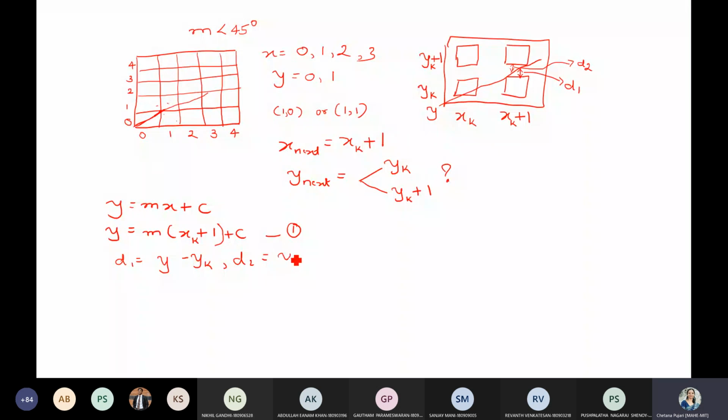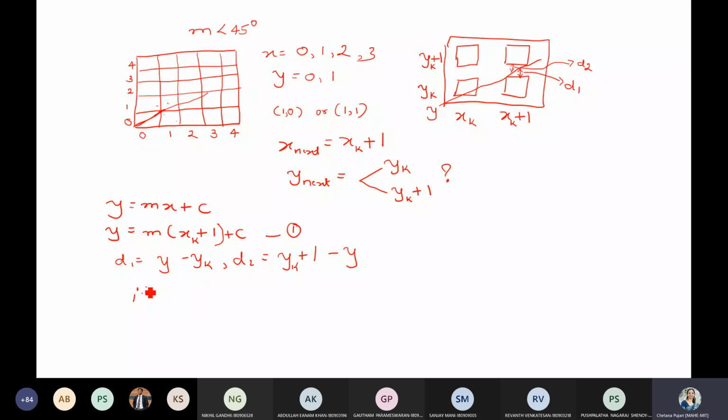Is this clear? So we have a distance d, this is our line, your line represents y, this is yk, this is yk plus 1. To calculate d1, you need to perform y minus yk. So once this is done,